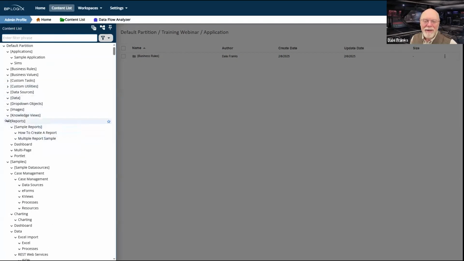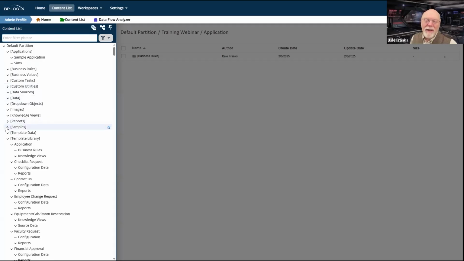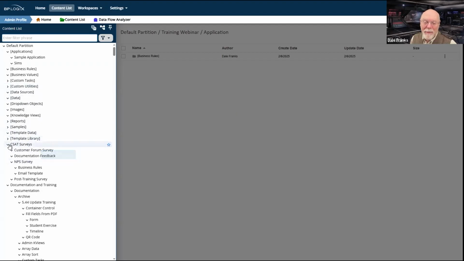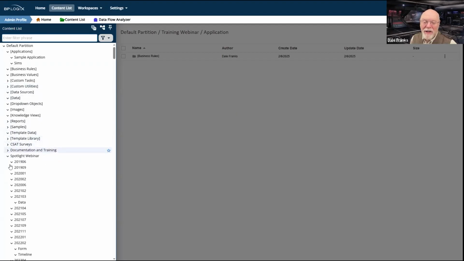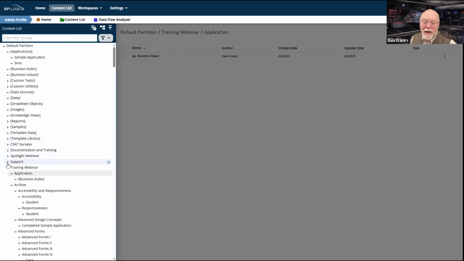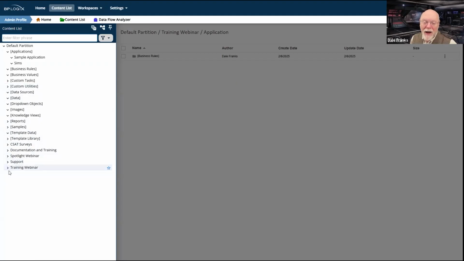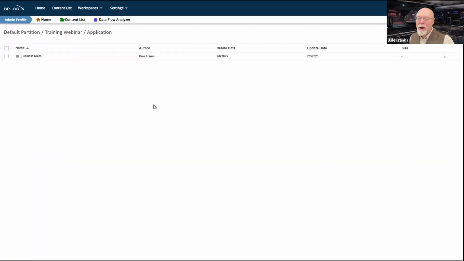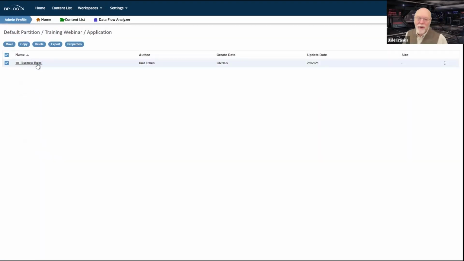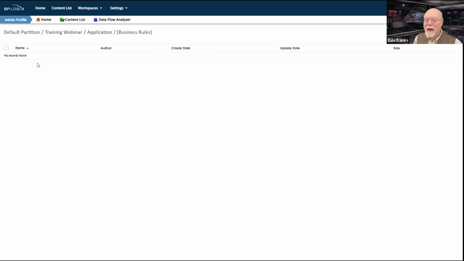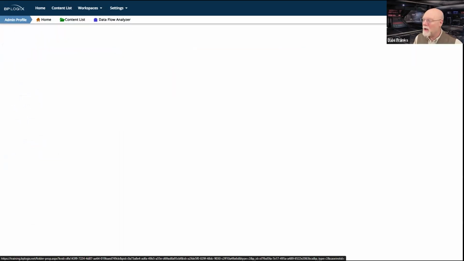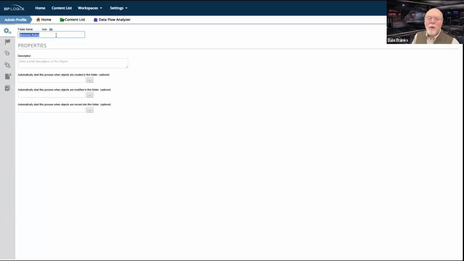So anyway, yes, to answer your question, you can create any folder with square brackets and it automatically becomes a system folder. And it doesn't matter where you put it in the content list, it is going to disappear if you name it with those square brackets. So you can certainly do that. You can do it anywhere. You can toggle it on and off whenever you name it with the square brackets.